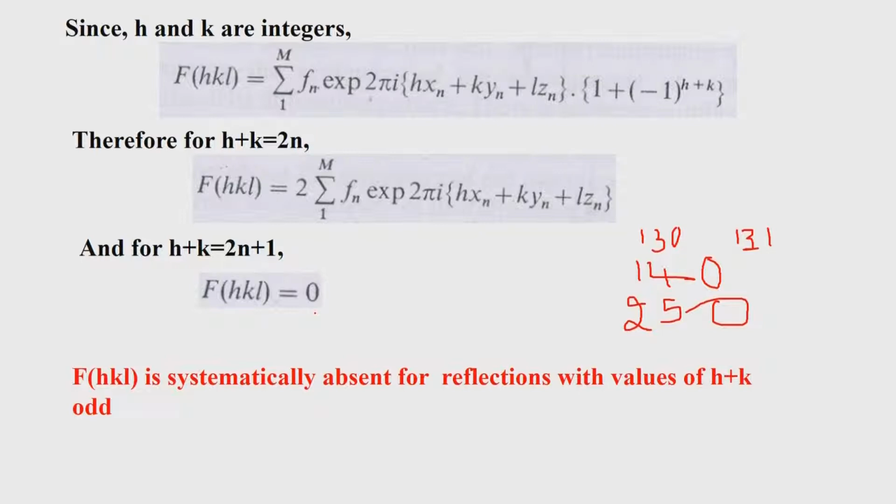So, now you see the importance of how diffraction can be used to identify the symmetry associated with the diffracting crystal. The system into which the diffracting material goes now clearly says that this has to belong to a C-centered lattice, and depending upon the other distances and angles, it could be either monoclinic or orthorhombic. Of course, the other symmetry elements which come are not associated with the centering, they are associated with the A, B and C directions depending upon the nomenclature we have for different crystal systems. That part we will discuss later.